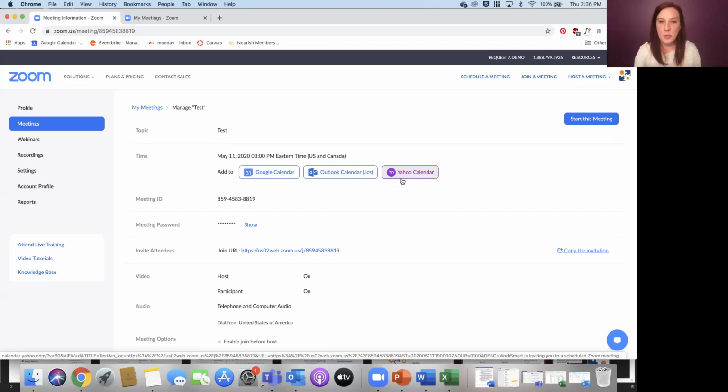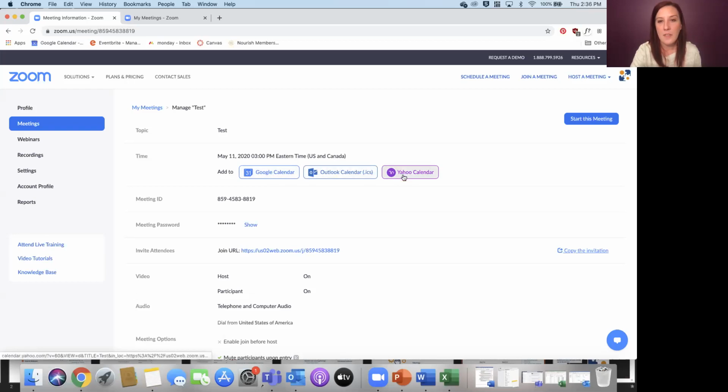Yep, that's also true. I don't personally use that feature quite as much because on a Mac, if you download something like this, at least on my Mac for my personal settings, it will try and populate it into my personal calendar, like my Mac calendar, even though it's an Outlook file. So for my personal preference, I always just click copy the invitation if I'm not already within Outlook. But yes, Marissa's 100% right.